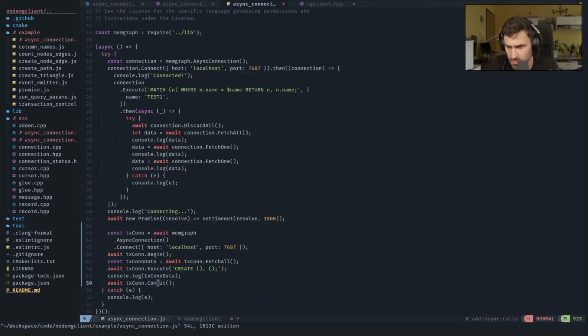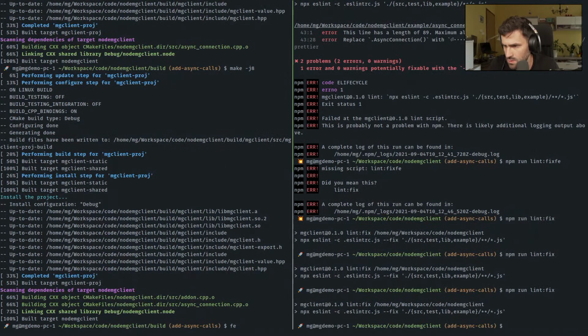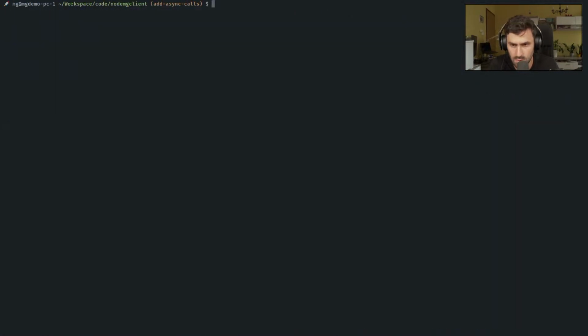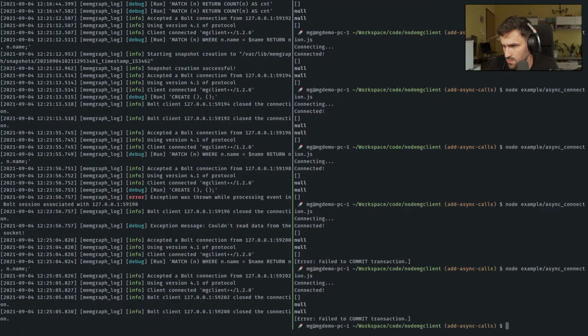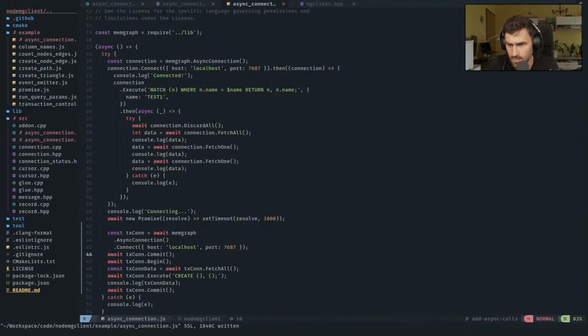Commit fails here because I didn't fetch all. If I put commit here, what's gonna happen? That should also fail. Yeah. If I